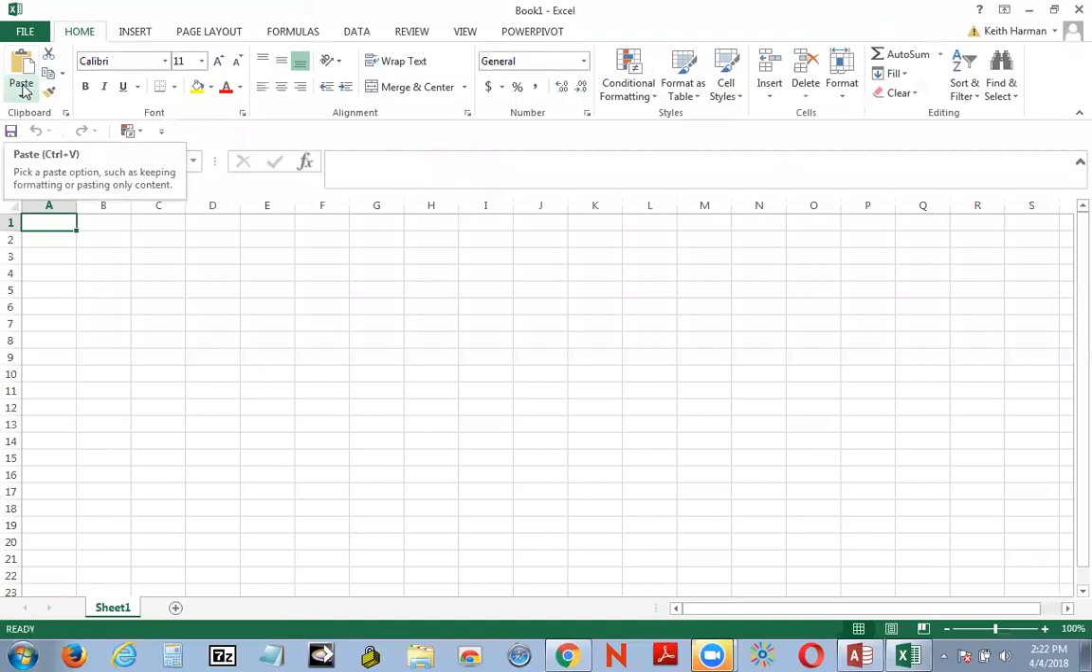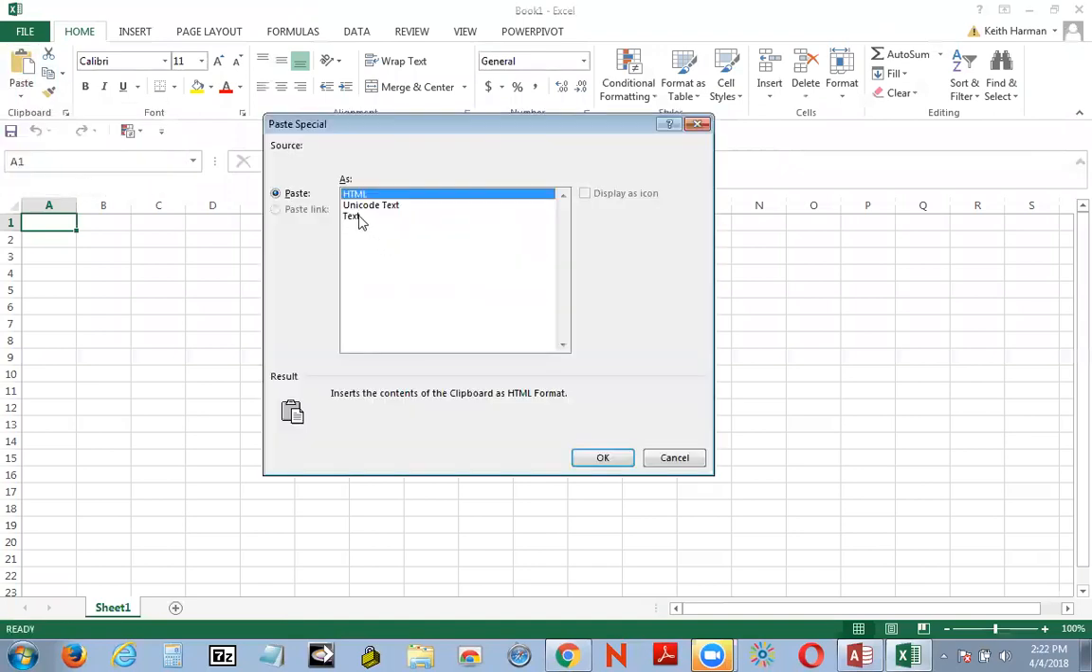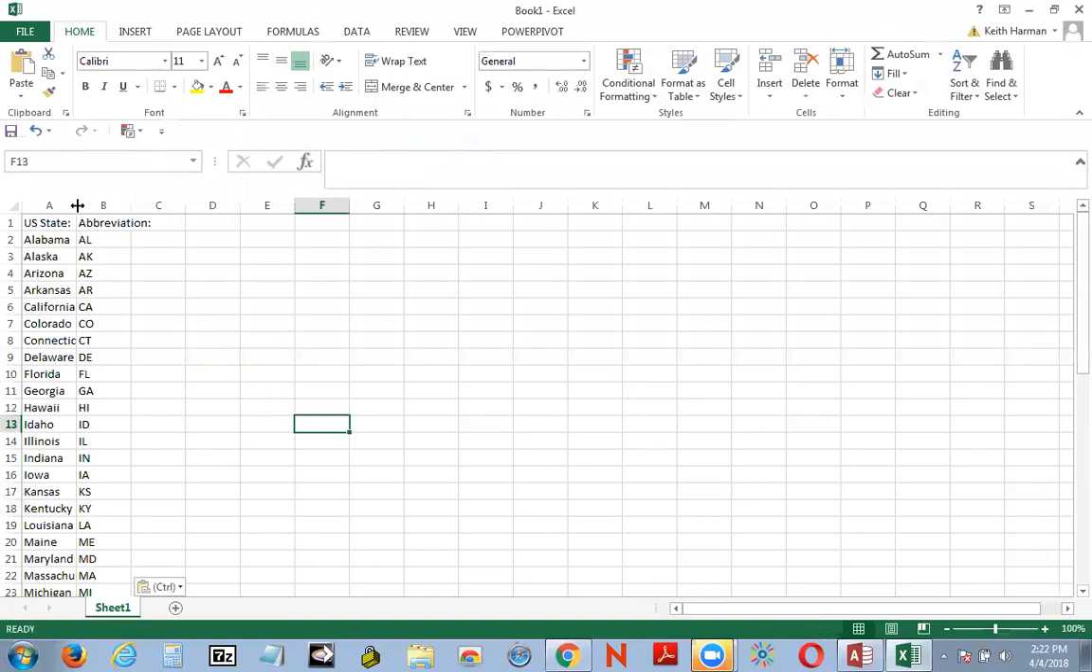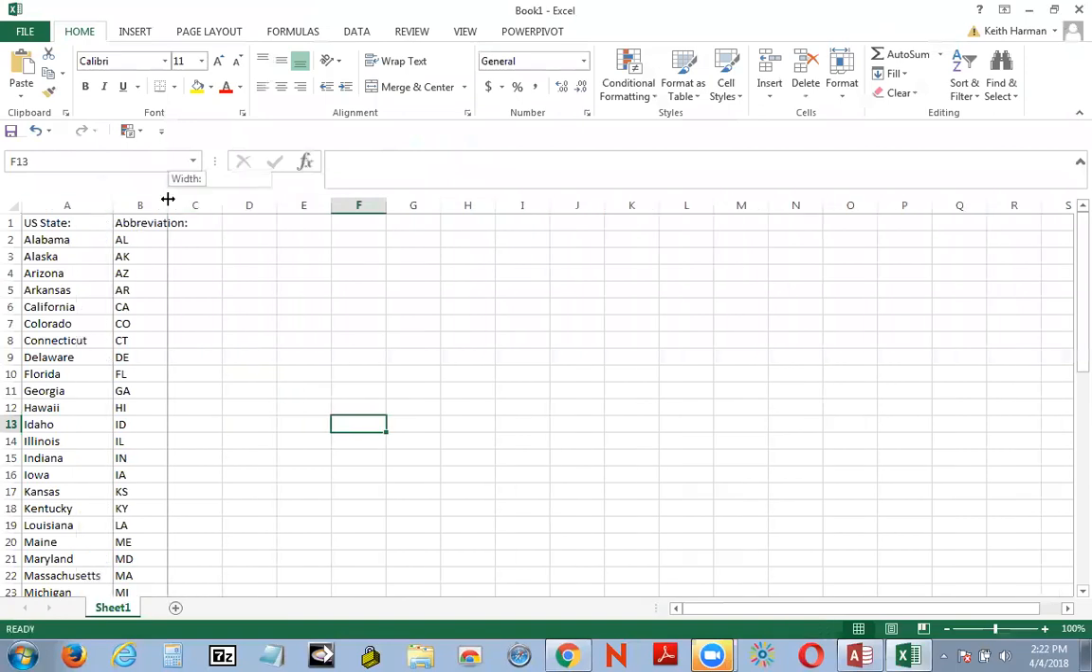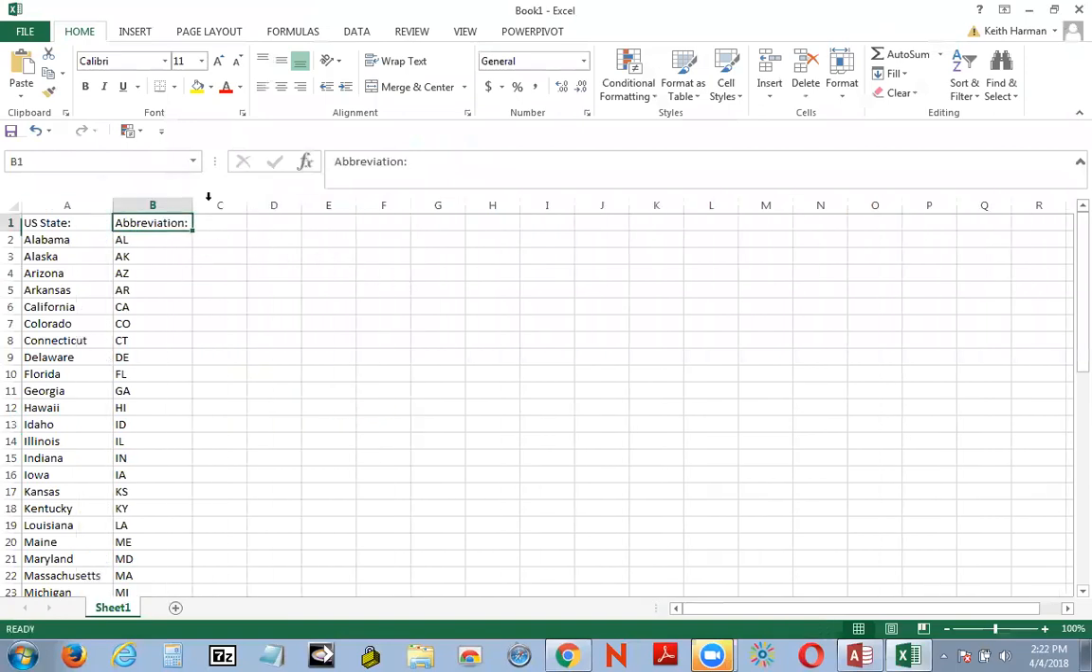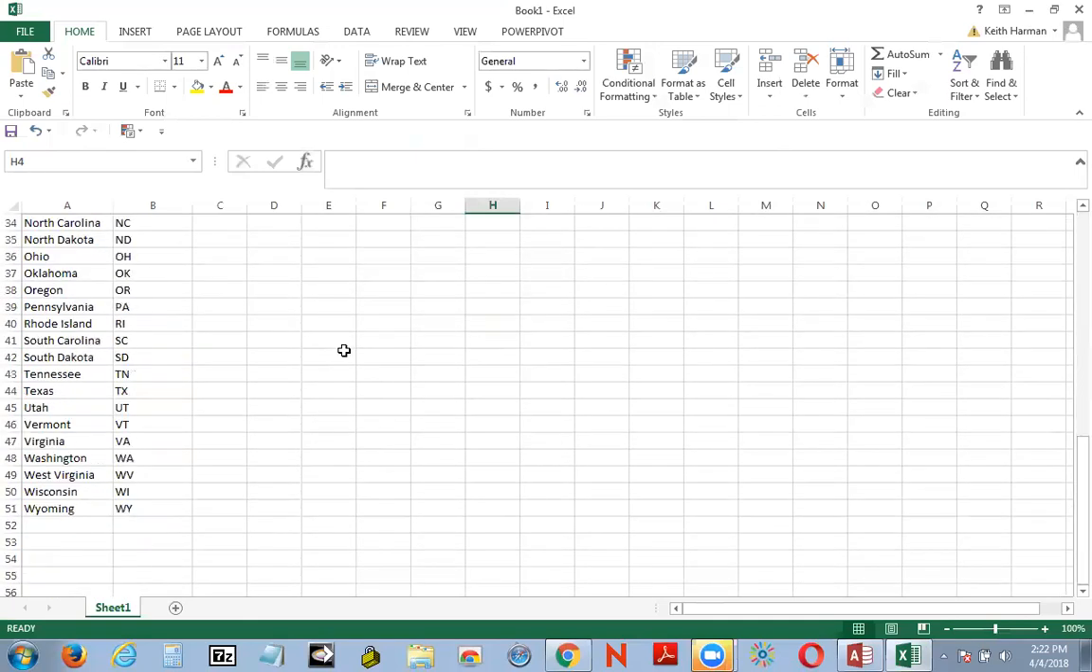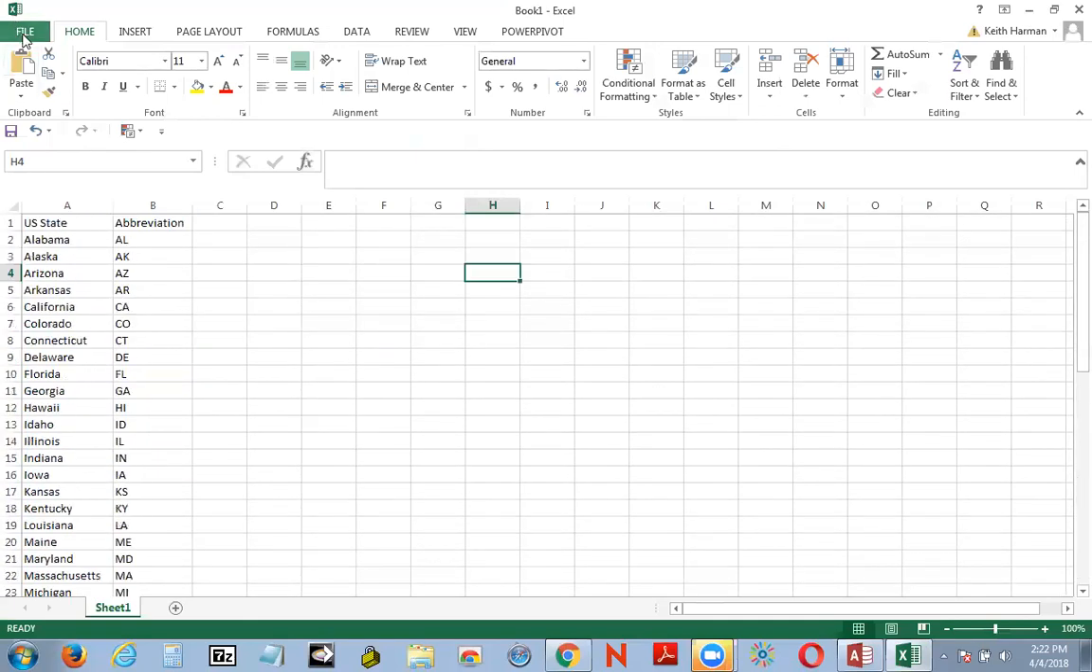And I'm going to click Paste Special, Text, and click OK. All right, now we have a nice list, and we want to get rid of the abbreviation. We get rid of those two colons there, so we get rid of those. Okay, and we have the state and their abbreviation, and we're going to save this file,